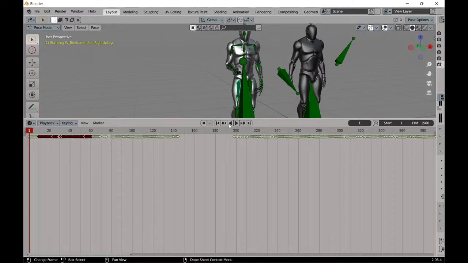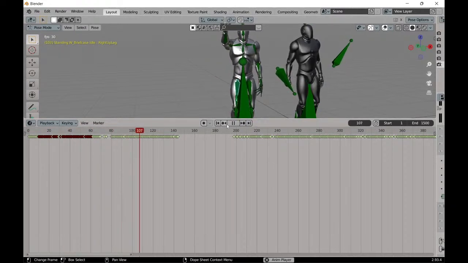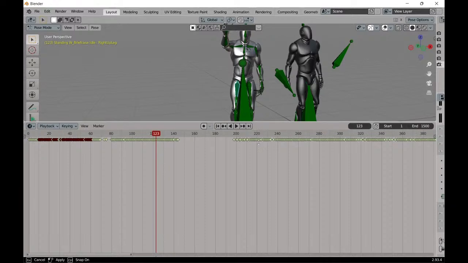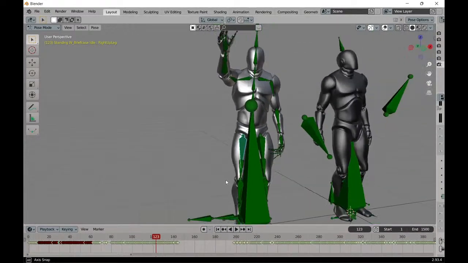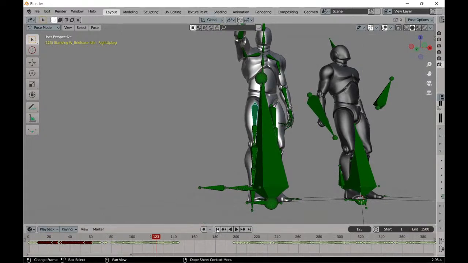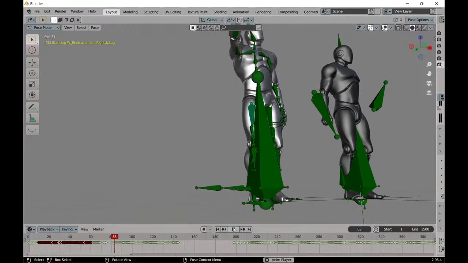So let's show you that real quick on Blender. Look, the leg is going crazy. See that? Let me show you real quick. That's one thing that I noticed about Blender when I first was experimenting. I would really do some freaky stuff and mess it up. See the leg doing some stupid stuff? That's because